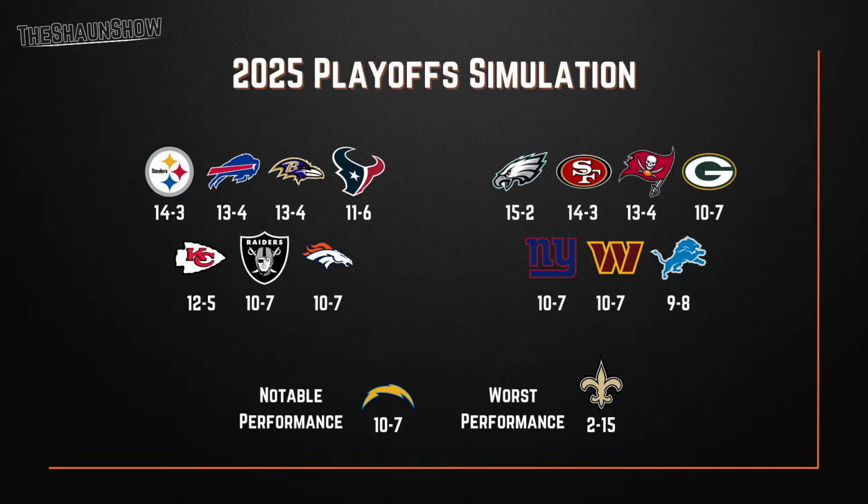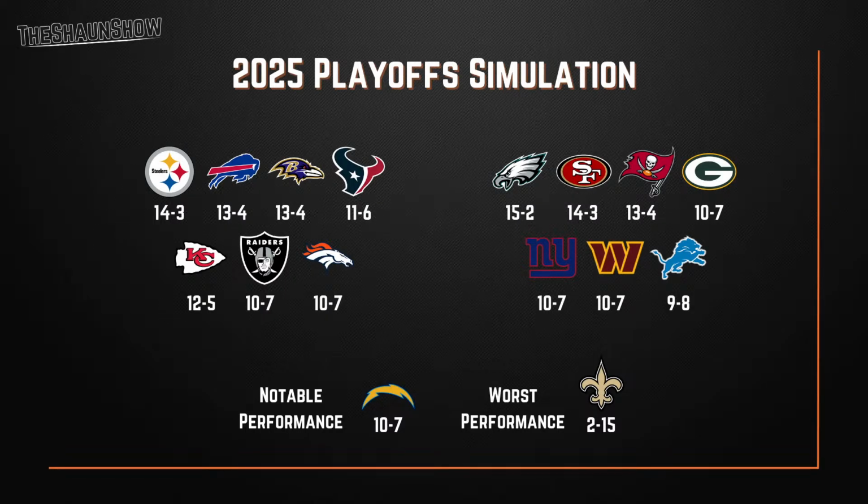Now, for the AFC West, 3 teams from the simulation are making it through. We've got Kansas City Chiefs at 12-5. We've got the Raiders and the Denver Broncos at 10-7. Now, honorable mention to the LA Chargers, also getting 10-7, but unfortunately losing certain division games to not make it through to the big dance. That's going to be a very competitive division this season. Would not be surprised if maybe all 4 of them make it through. Who knows? NFL's a crazy place.